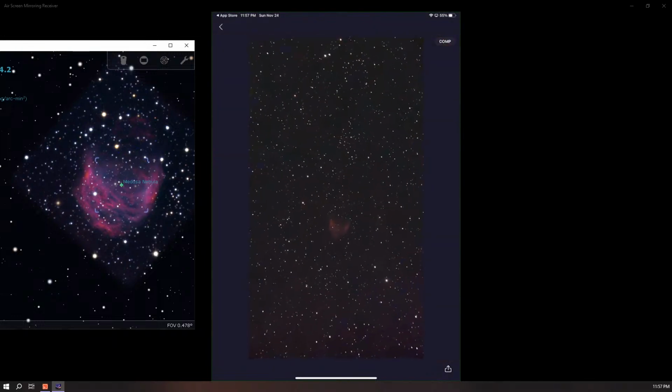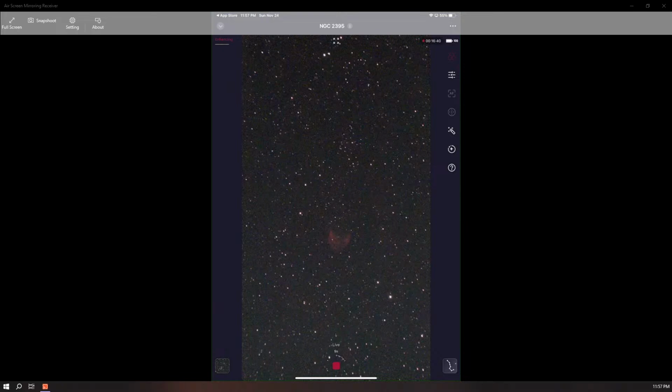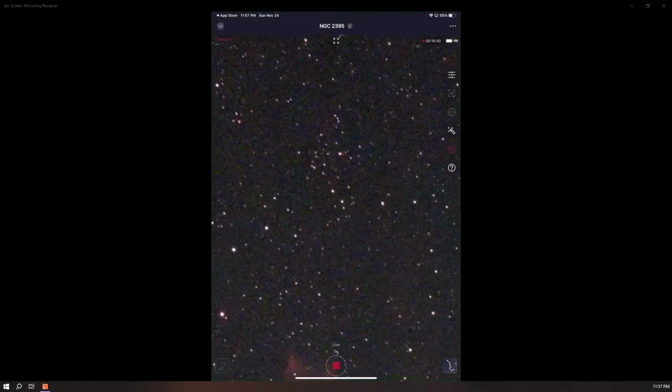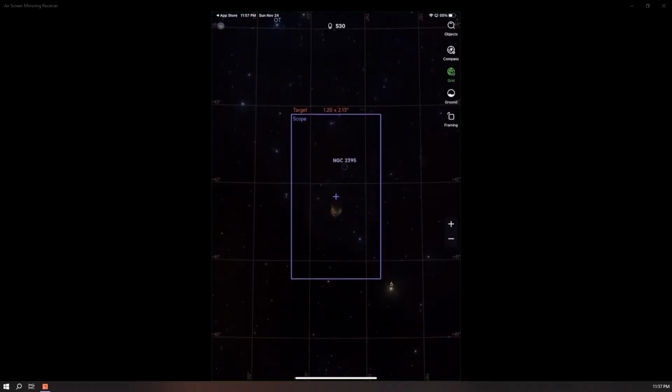But this is cool. Okay, so alrighty. So now I'll actually point this to Mars and see what that looks like. I'll definitely have to get more integration time on this. This looks really really nice, and of course we have the star cluster up there as well. As soon as this thing loads, NGC 2395 and SH2 174. Okay, so zoom out